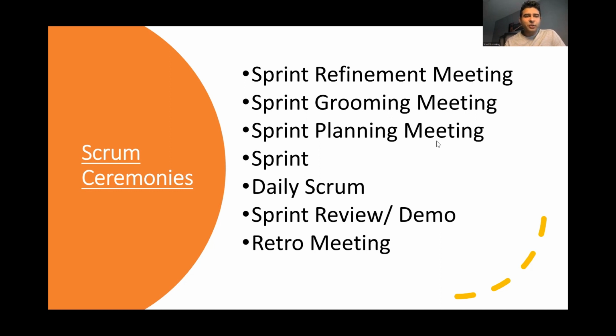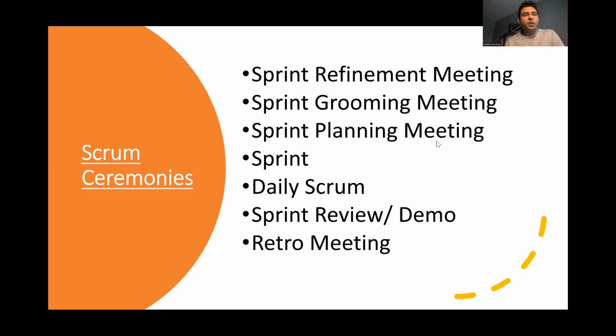You bring the user story in front of your team and describe what exactly the business is looking for. Say, for example, the developer says we need a mock-up, or they have a question which you might be able to answer right now. But if you can't, then you have to go to the business and ask the question. But if your user story is complete and passes the refinement, then it goes to the next session, the sprint grooming meeting. In the sprint grooming meeting, we basically story point the user story.